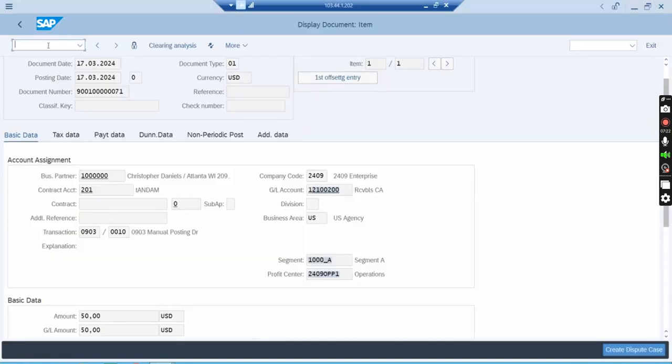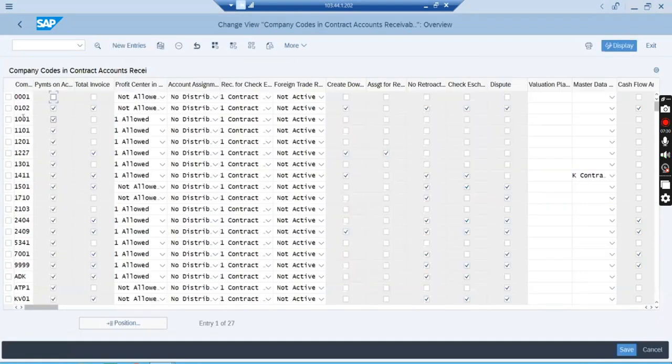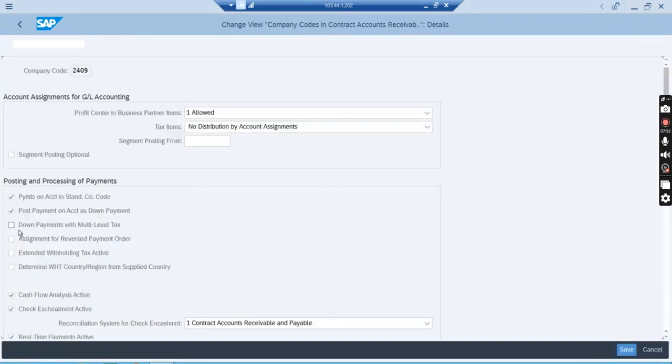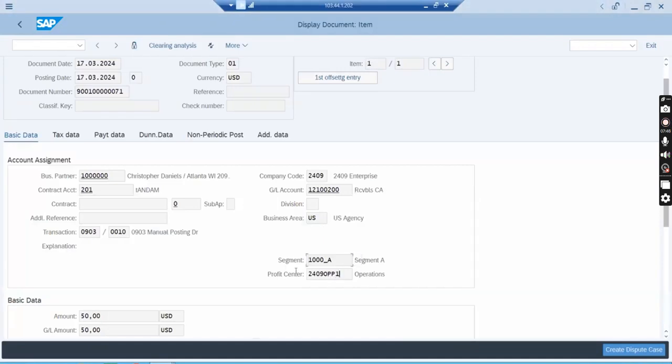How to control that? I have shown /o FICA IMG here, organization unit. This I have already shown. Okay, 2409. Profit center in business partner is allowed. This I told you, in ECC this option is not available. So profit center in business partner is allowed, and this profit center, if I open it with /o KE53